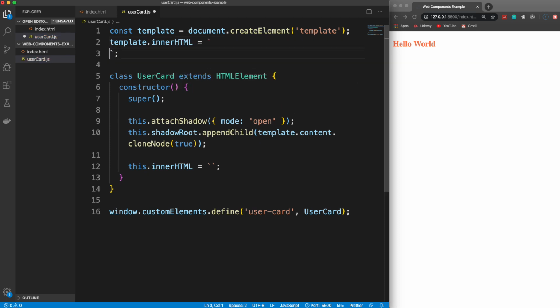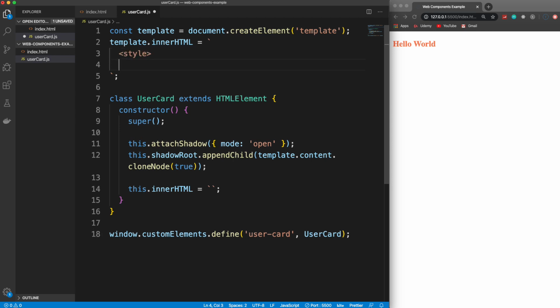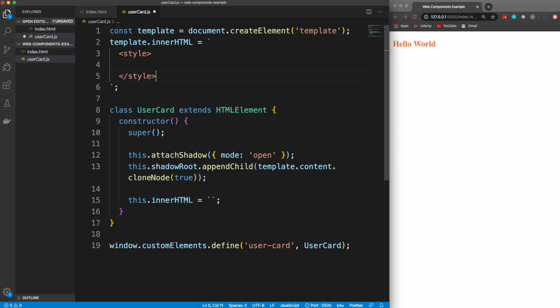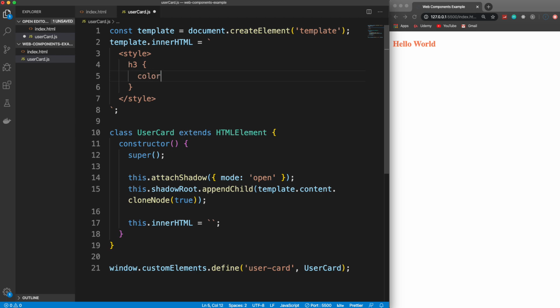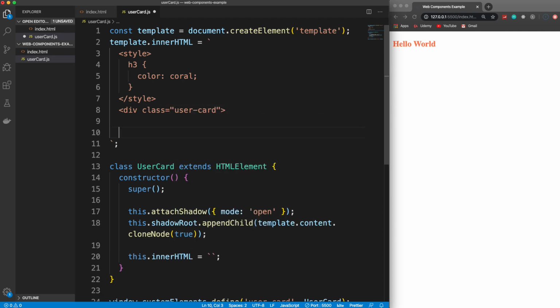So we'll be sure to use backticks here, and let's add in style, and let's set our H3 style color to coral. All right, now in addition to styling, we want our markup here as well. So I'm going to have a div, and I'm going to give this a class of user-card because I do want to style it somewhat nicely. So we'll have a div with user-card, and then let's have our H3